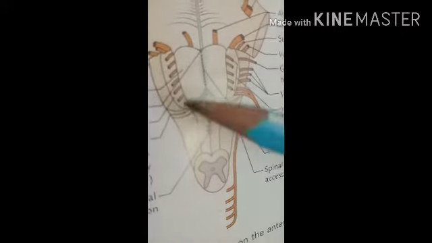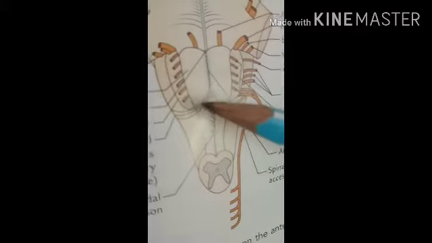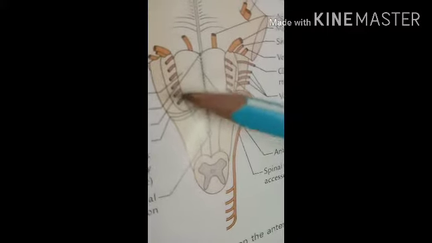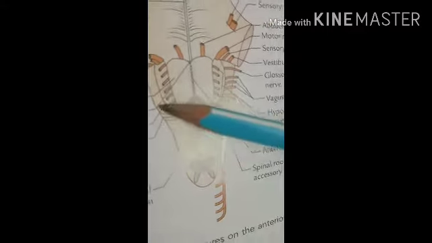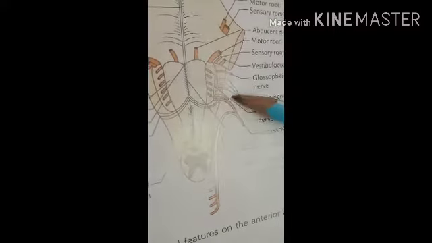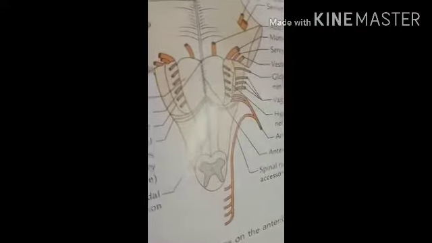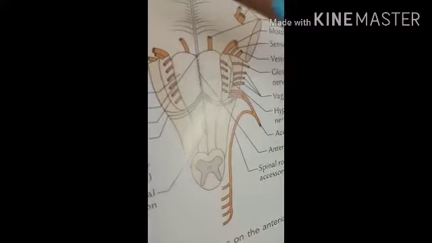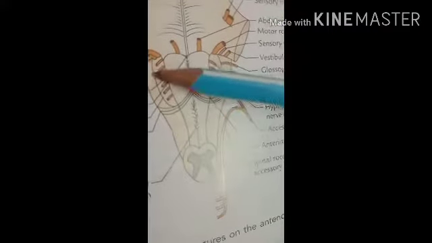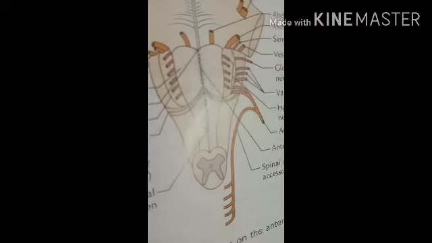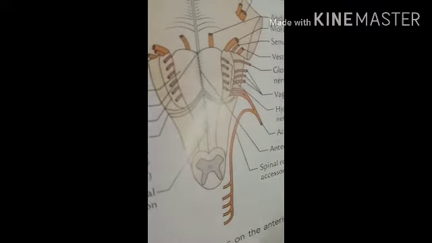The second transverse section should be taken at the level of the sensory decussation. And the third TS is taken at the level of the olive. So in this way, these are the three regions where transverse sections should be taken, and the different structures should be seen in each TS.